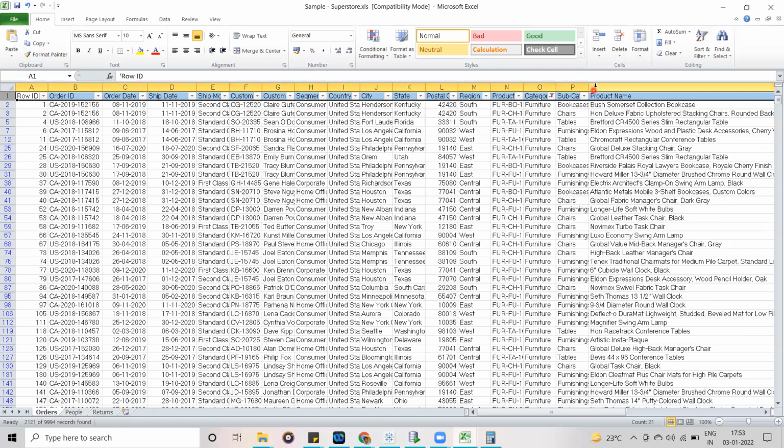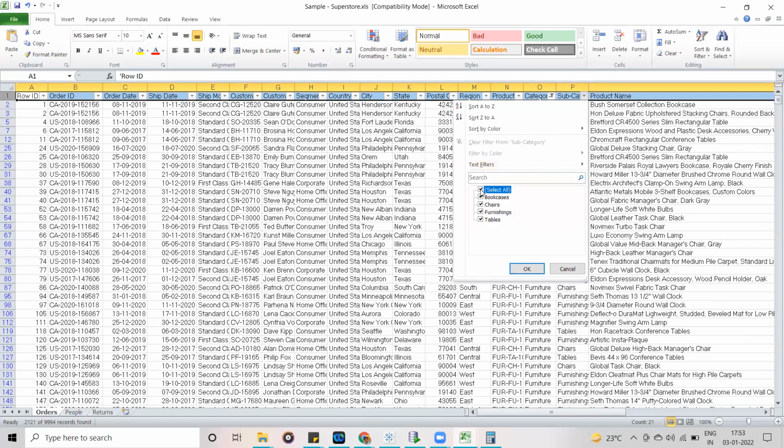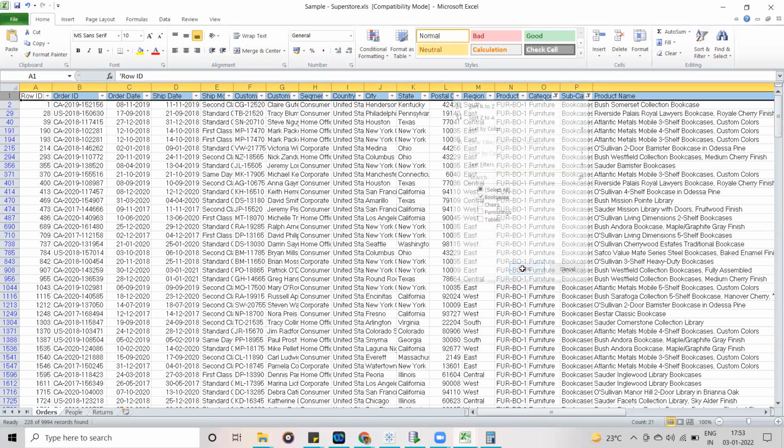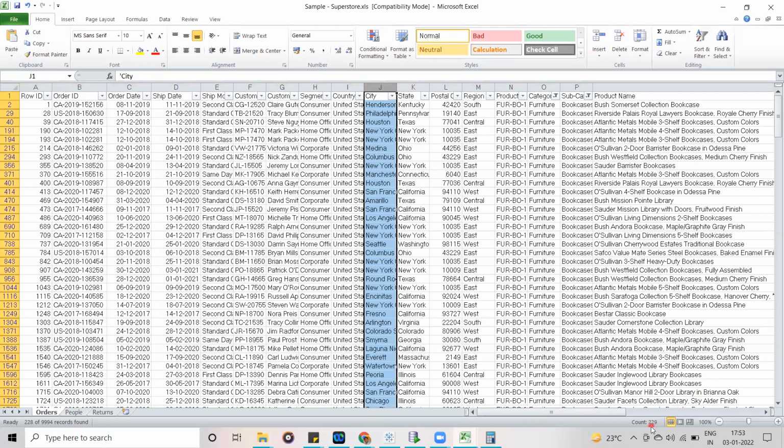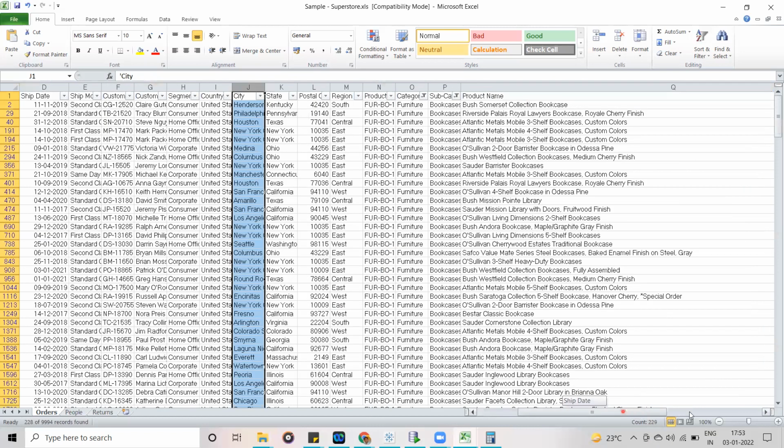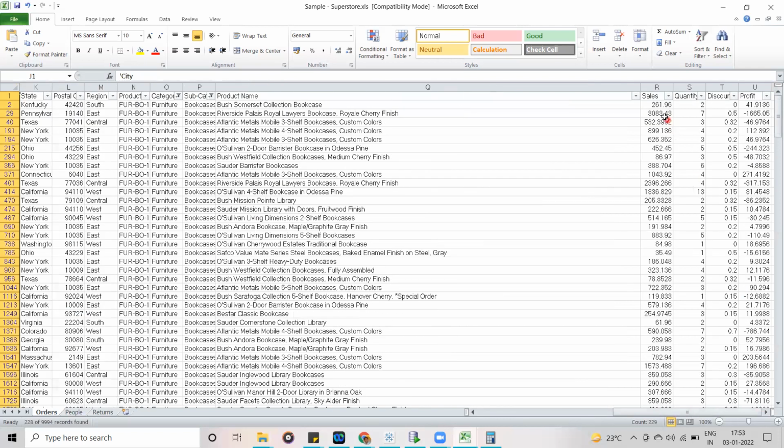After that, I am going to select bookcases. Now you can see with this, I got 229 records, 229 rows. Now let's scroll to the right side. Here you have sales and profit.